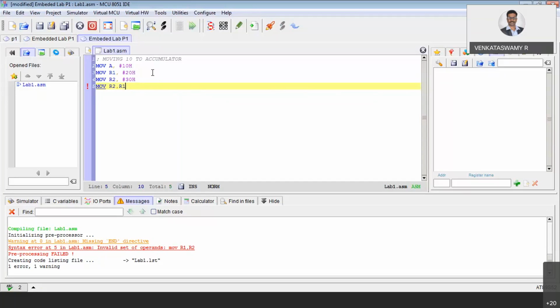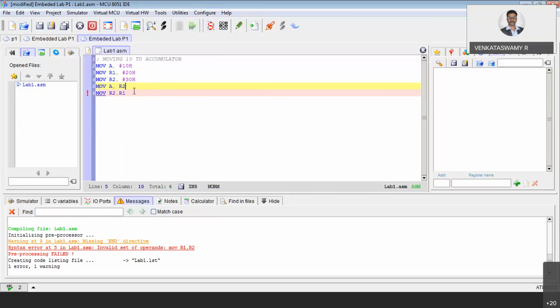So this is the logic you have to use. First, before doing this, move R1 to accumulator. Before this, move R1 to accumulator. After that, what do you do? Move A comma R2. So that means 30 will come to accumulator.